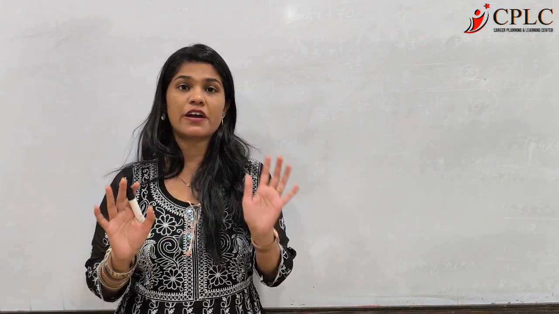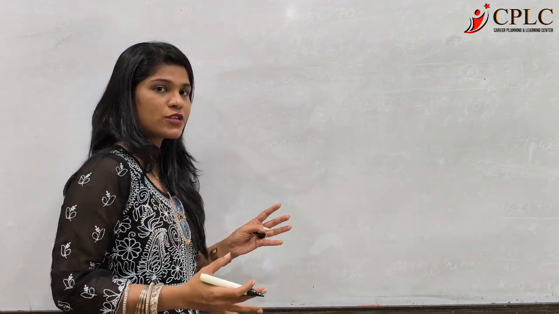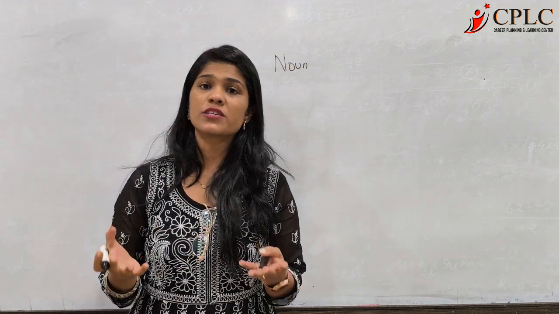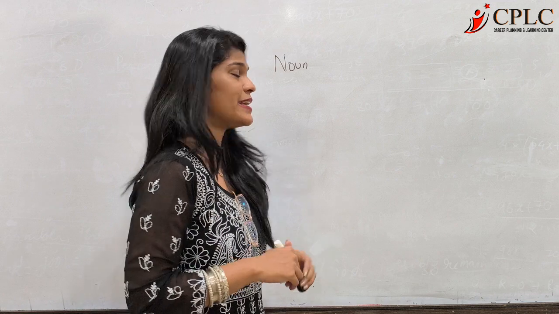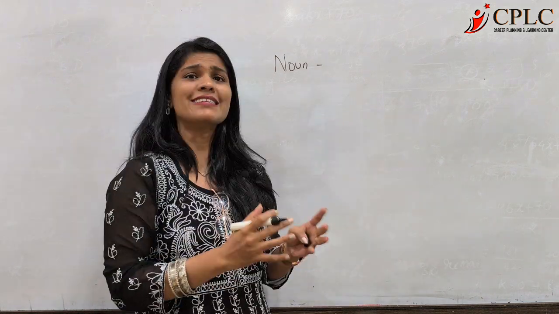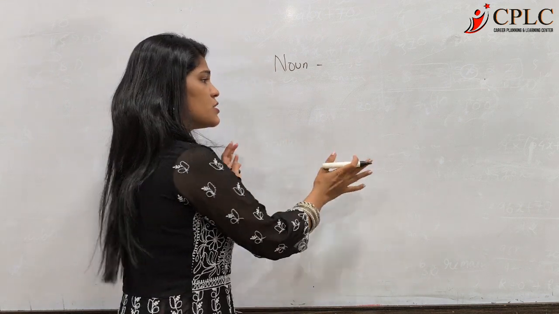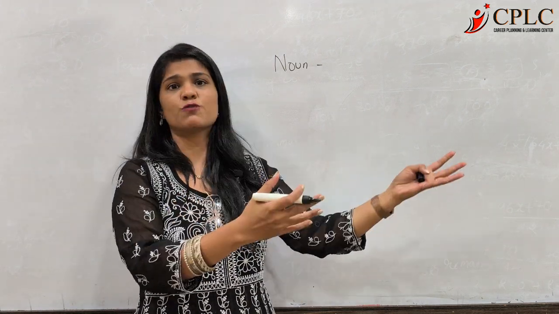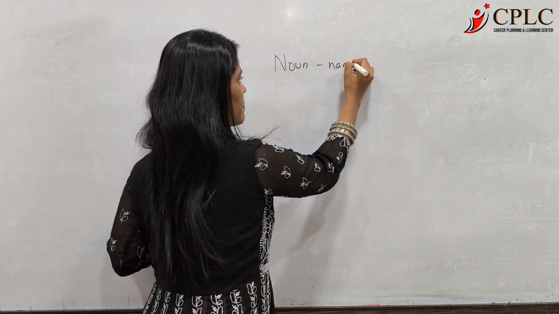Before we begin with the rules, let us first do a quick revision of what we have studied in school. So if I talk about the parts of speech, there are a few parts of speech. The first one is our favorite, noun. Now, what is a noun? Name, place, animal, thing. So noun is anything that can be a name of a person, place. So this marker is a noun. This board is a noun. Vishwa is a noun. Bottle is a noun. Dustbin is a noun. Classroom is a noun. Everything is a noun. Okay. So name, place, animal, thing.